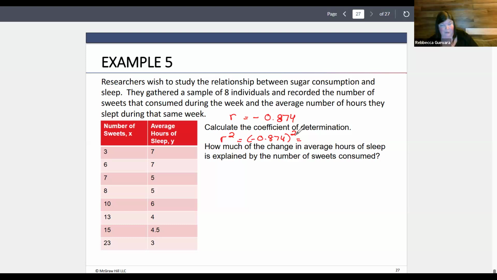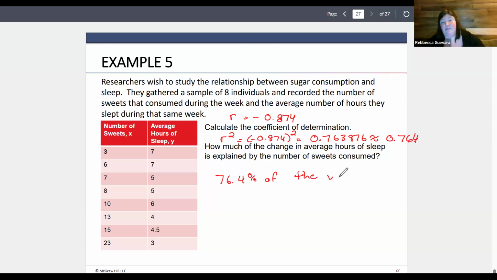The rest I could do in my head because those are easy numbers. This is actually going to be 0.763876. So I'm going to round that to 0.764. So that would mean that 76.4%